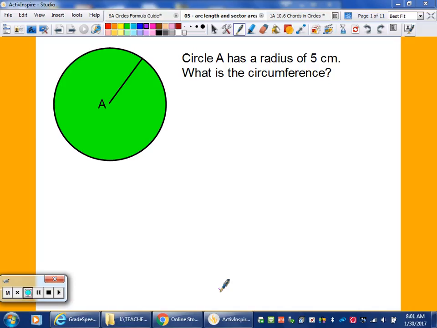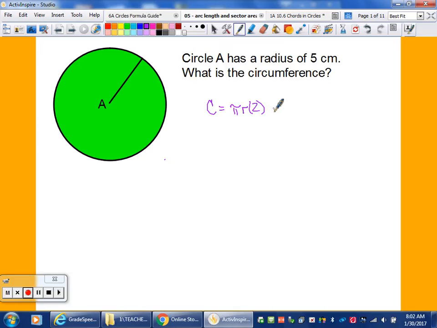Today we're going to cover arc length and sector area. To start out, we need to start with the basics. For arc length, we need to remember how to find the circumference of a circle. To find the circumference of a circle, it would be pi times the radius